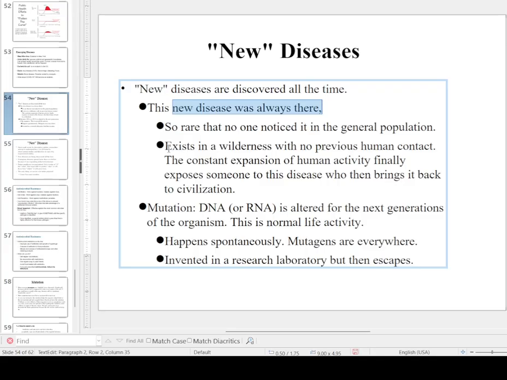Some viruses and bacteria and other microorganisms are in the wilderness but had no previous human contact. But then humans, constantly pushing out the wilderness, extending their range of civilization, eventually run into it, whether it's pushing out new farm development in the Amazon rainforest, or drilling deeper into the polar ice caps, or letting the polar ice caps melt, and then parts of the wilderness that were there even before humans evolved, never had contact with humans, are now suddenly exposed to the air, and then it is caught, infects